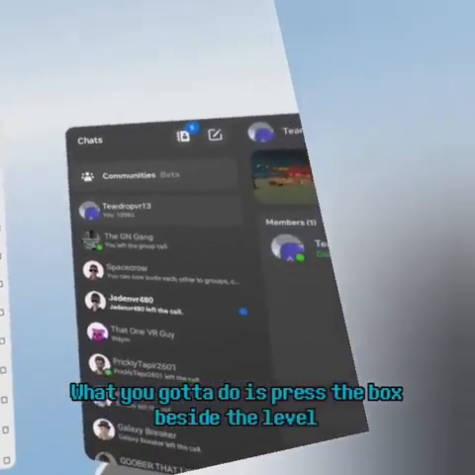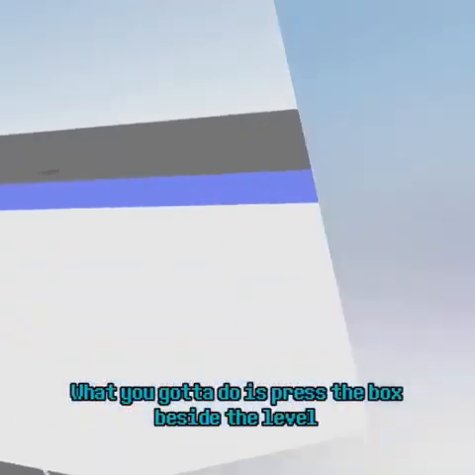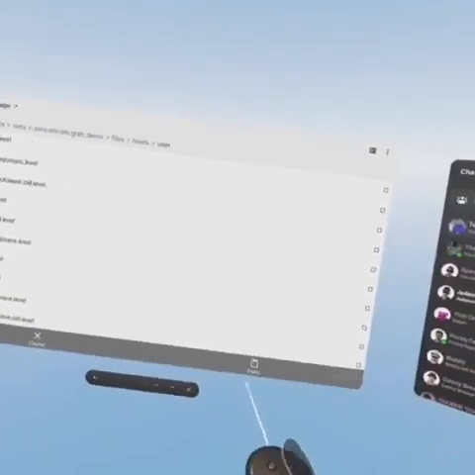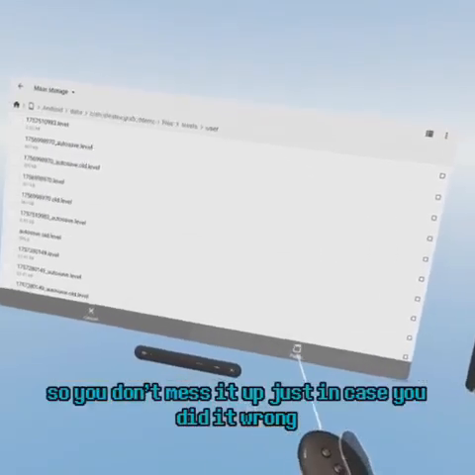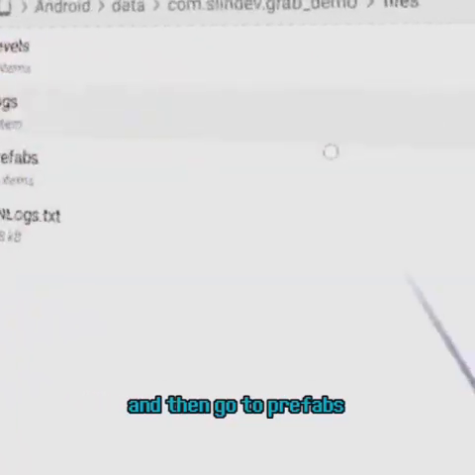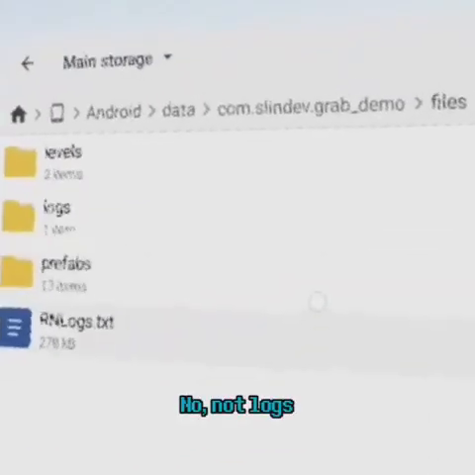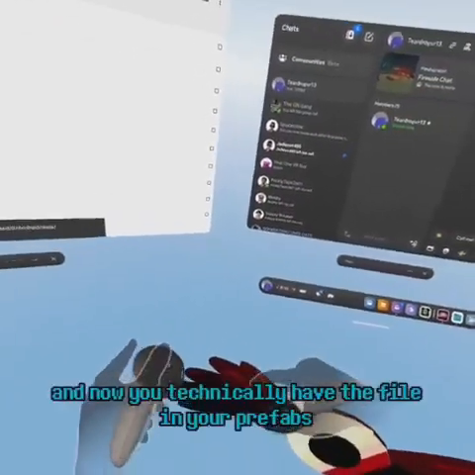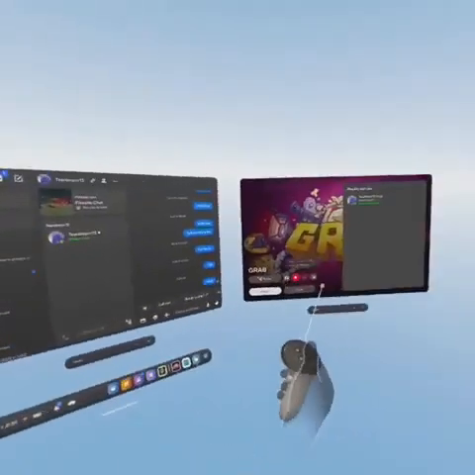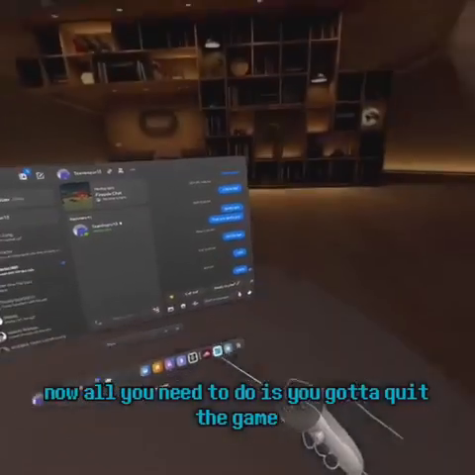What you have to do is press the box beside the level and click copy, so you don't mess it up, just in case you did it wrong. And then go back to files, and then go to prefabs, no, not logs, and then go to prefabs, and then press paste. And now you technically have the file in your prefabs. Now all you need to do is quit the game,